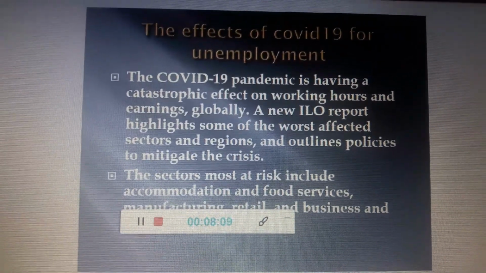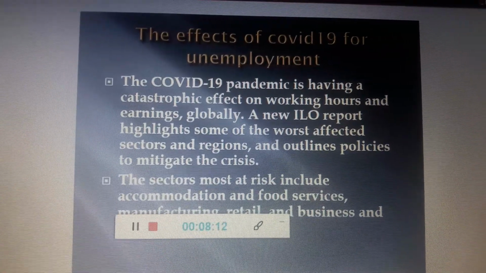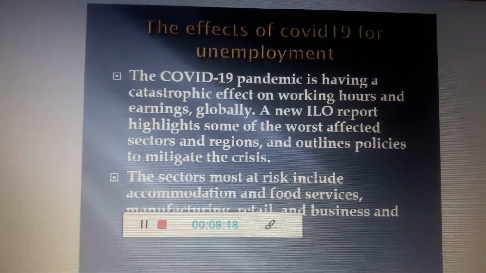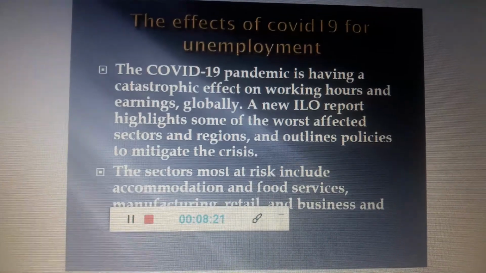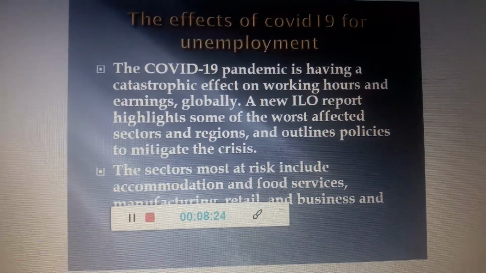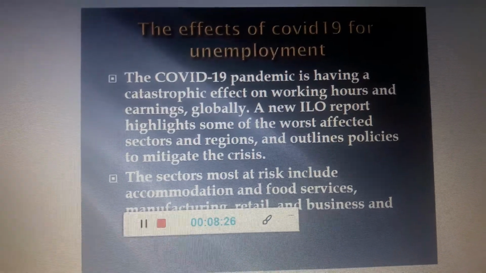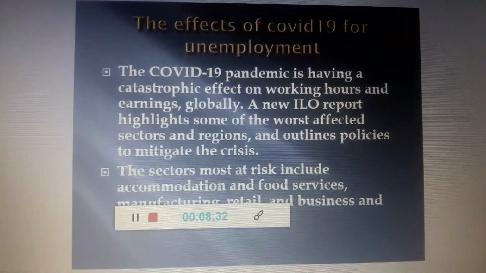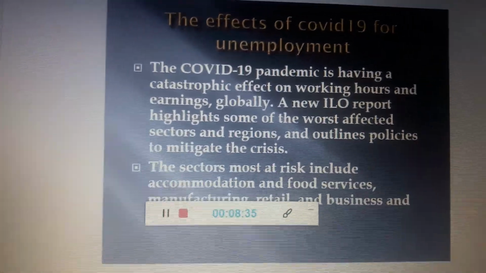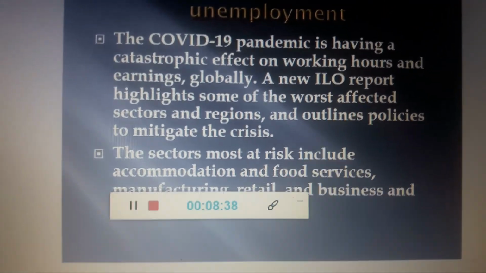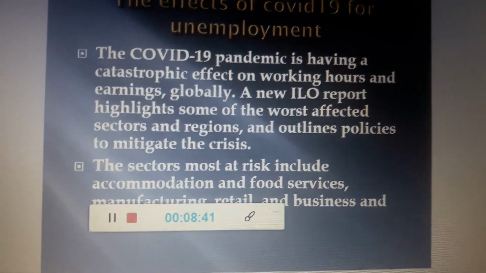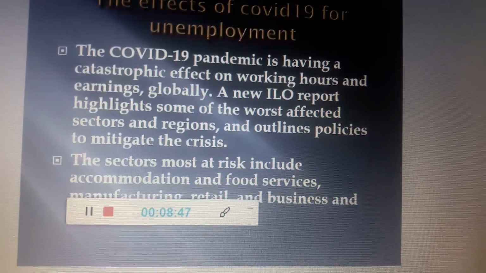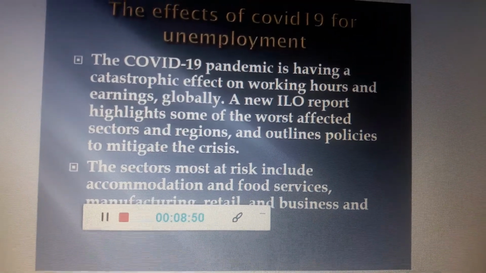The COVID-19 pandemic is having a catastrophic effect on working hours and earnings globally. A new ILO report highlights some of the worst affected sectors and regions and outlines policies to mitigate the crisis. The sectors most at risk include accommodation and food services, manufacturing, retail, and business. So if we want to sum this up, a lot of people are losing their jobs right now, because as we know, COVID-19 has stopped a lot of activities, and people